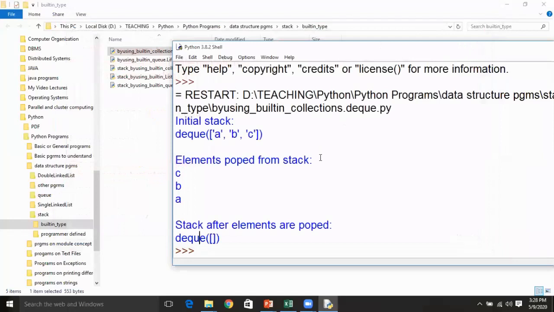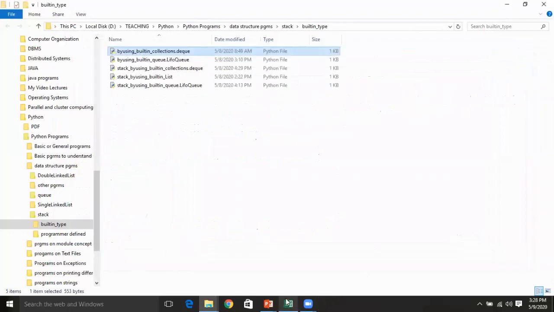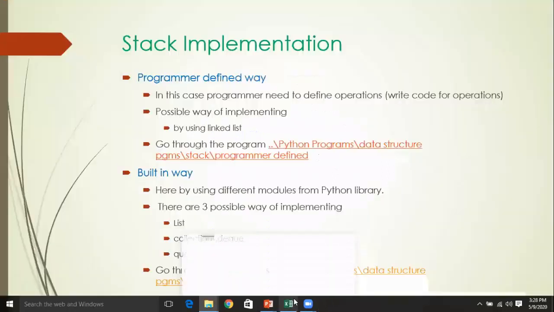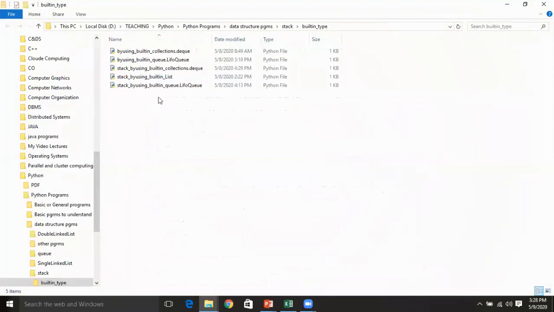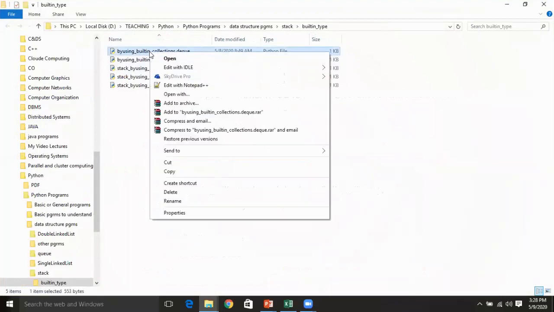So that is about implementing a stack with the help of deque, and there is another way of implementing the stack, which is by using queue.LifoQueue. Queue is a module which contains this LifoQueue class.